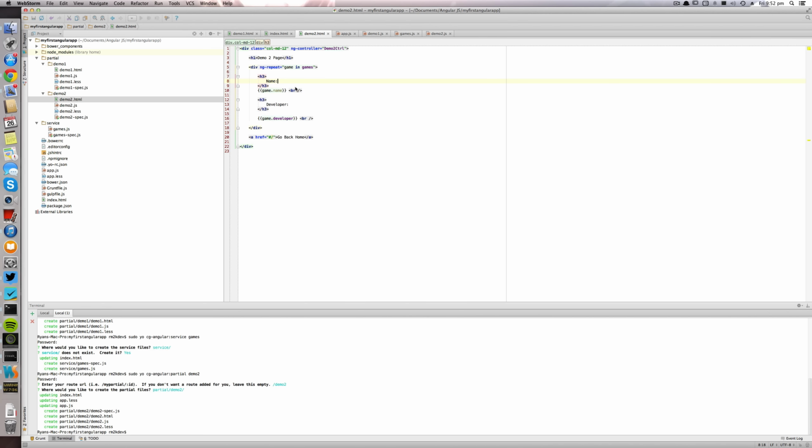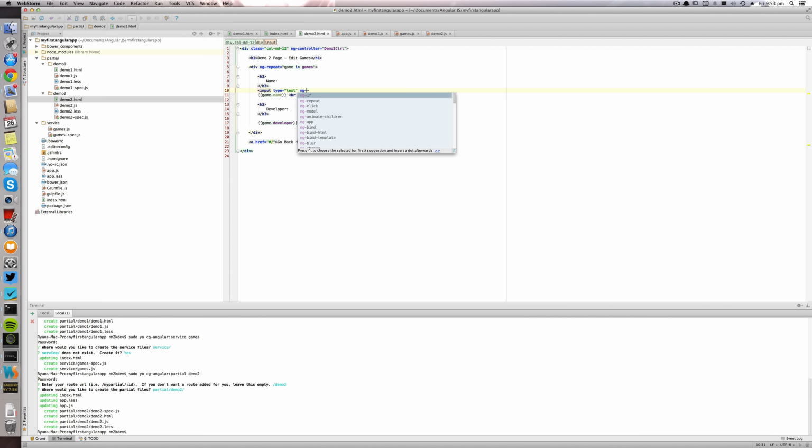In the same way that I showed you that the pages can manipulate a variable on the scope, we can actually persist that information back into a service. So if I were to bind the name of the game on the second page, so let's change this from demo2 page to edit games, for instance, if I were to create an input box here, so type equals text, and use our ng-model like we did before to bind it to game.name,